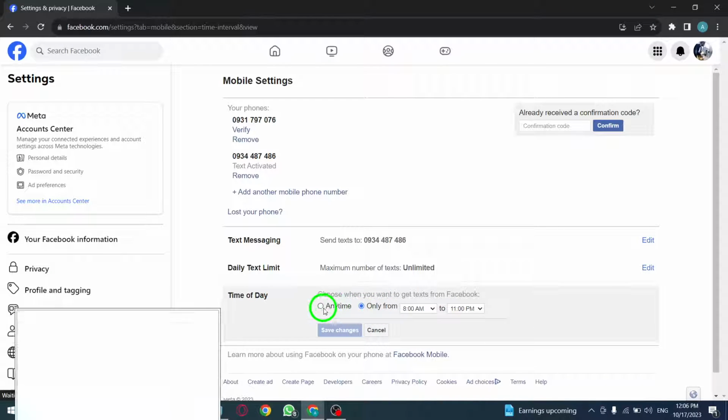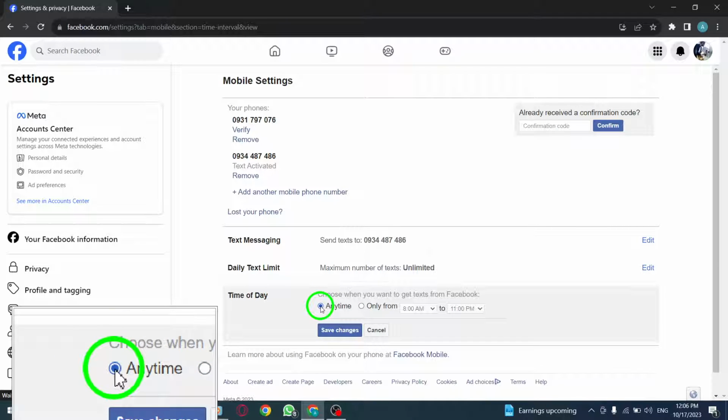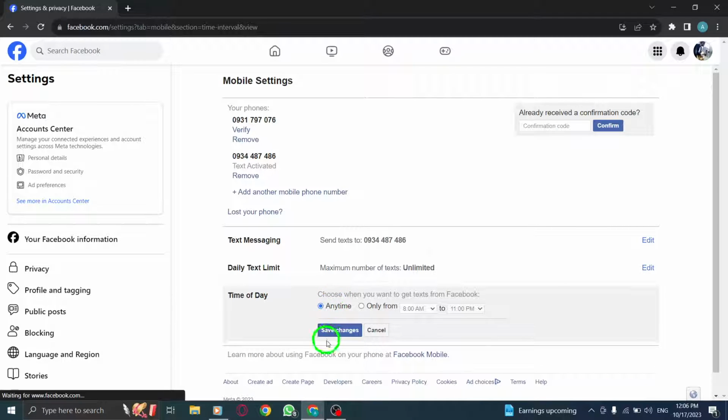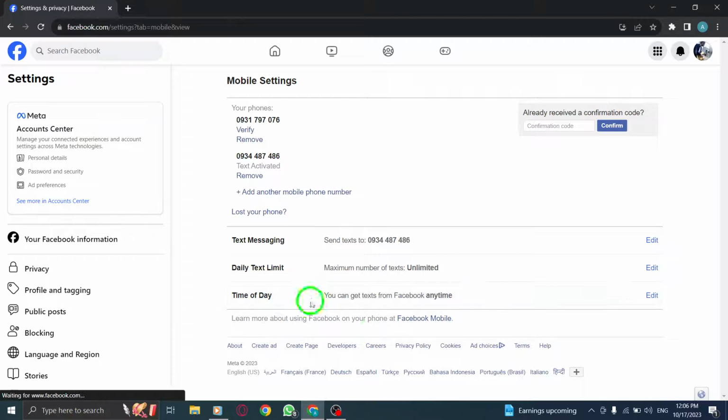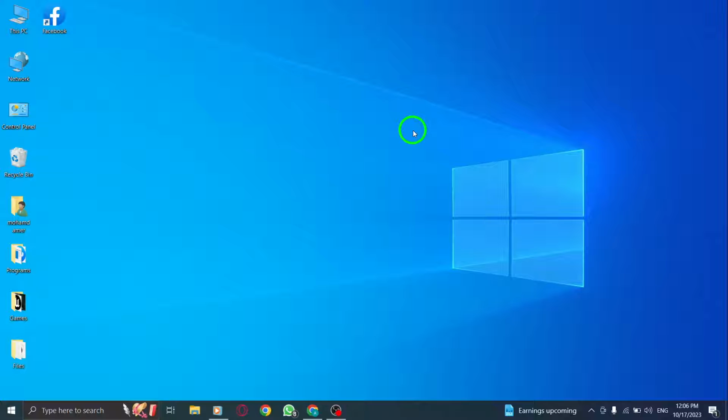Step 6. Select any time from the available options. Step 7. Finally, click on Save Changes to apply the new settings and receive daily SMS texts to your phone anytime. By following these steps, you can customize the time of day when you receive SMS texts from Facebook on